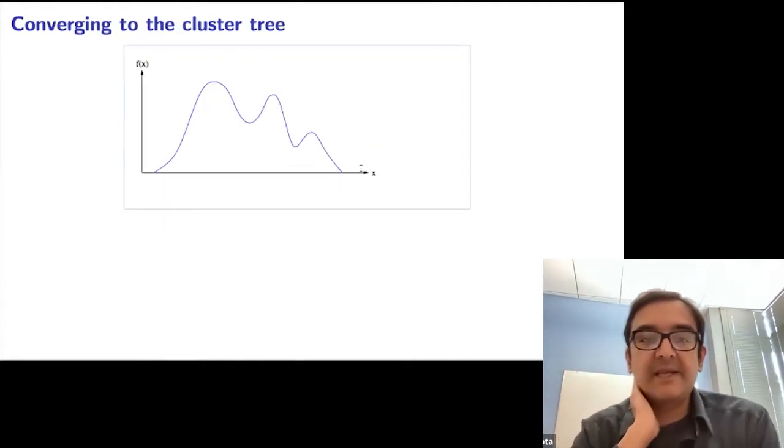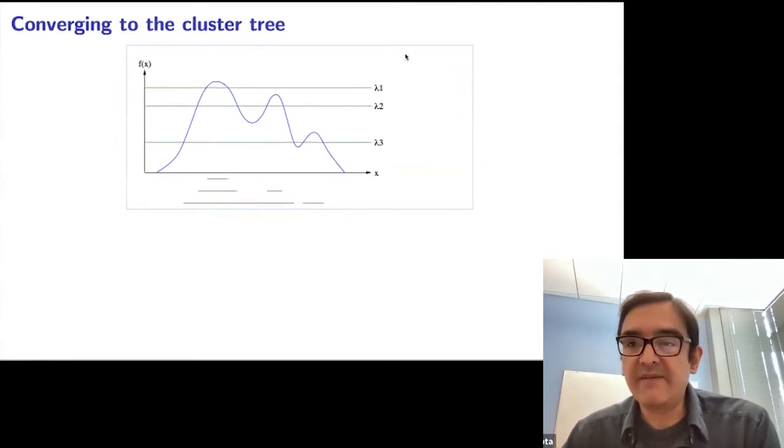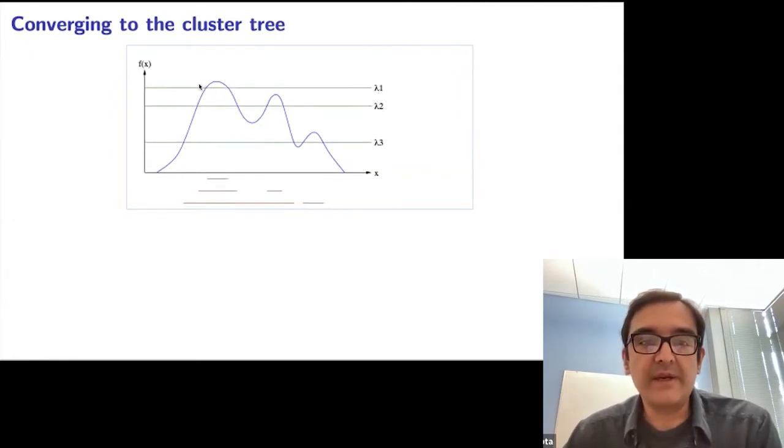So let's just look at a slightly more specific example over here. So this is a density on 1 dimension. And once again, we can pick a few density levels. So we pick level lambda 1 over here. And if we cut off at that density level, we get a small cluster. We get this little interval down here. And so that is the single cluster at that level. If we look at density level lambda 2, we get 2 clusters. We get this interval over here and this other disjoint interval over here. There are 2 clusters at level lambda 2. At level lambda 3, we have this big cluster over here and this smaller cluster on the right, okay?